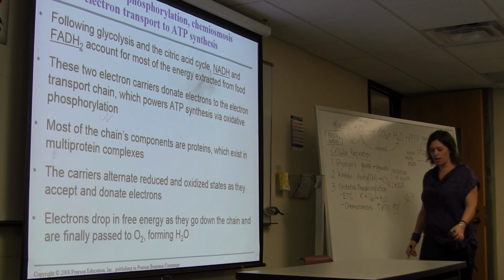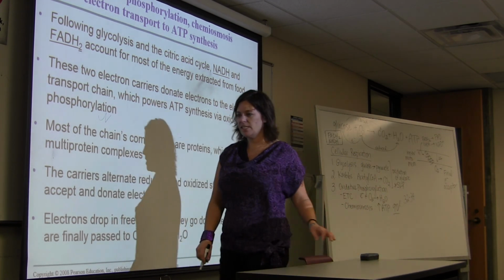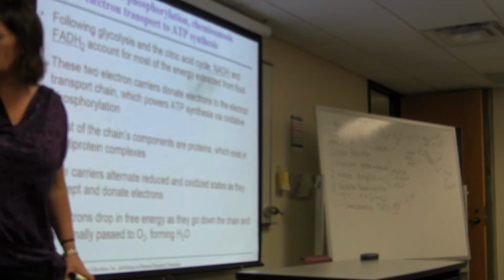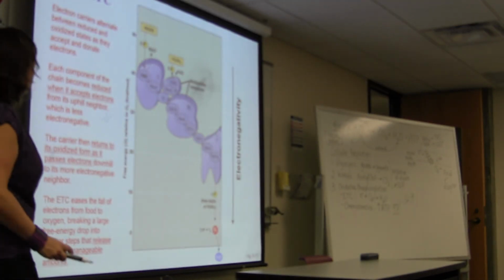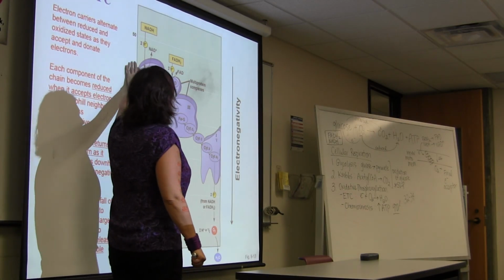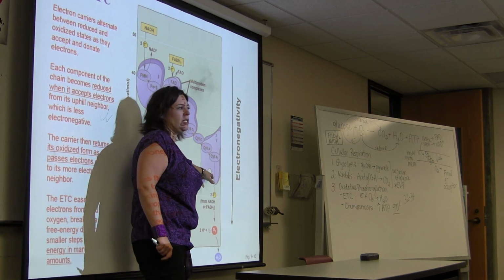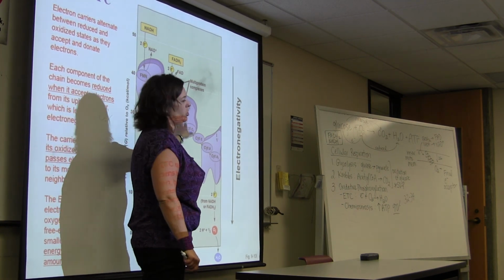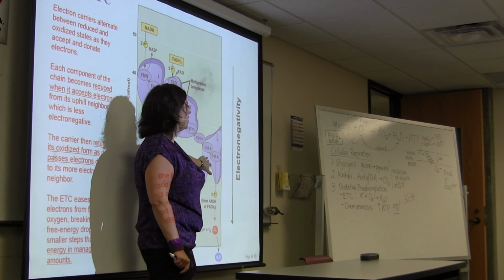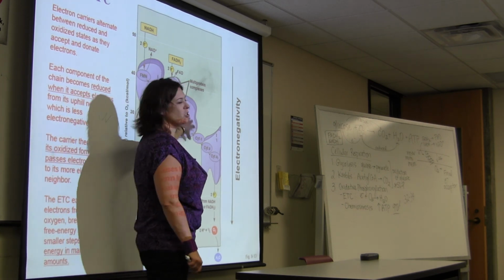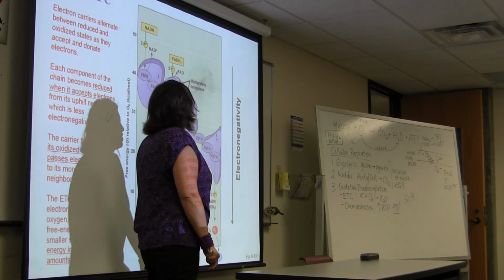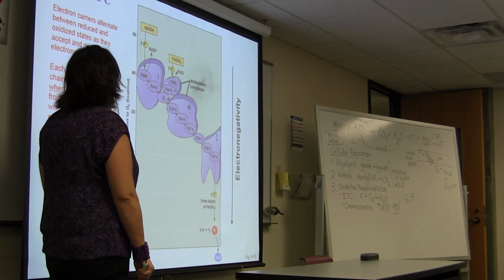Let's look at a schematic showing what's exactly going on here. There are all of these proteins in the electron transport chain. You don't need to know the names of them, but just know that it's a bunch of proteins. And so, again, what's going to happen is